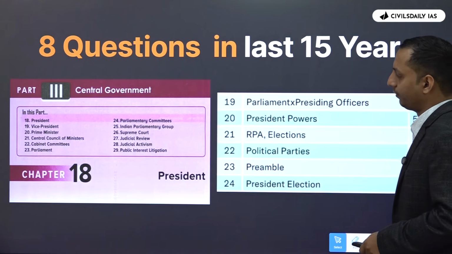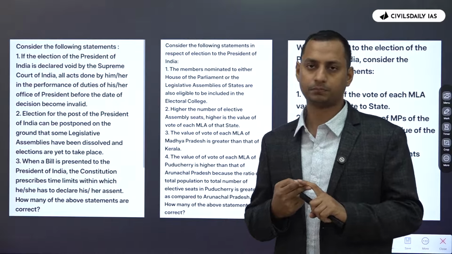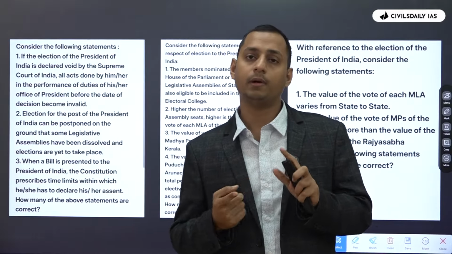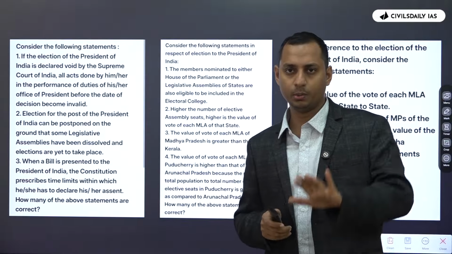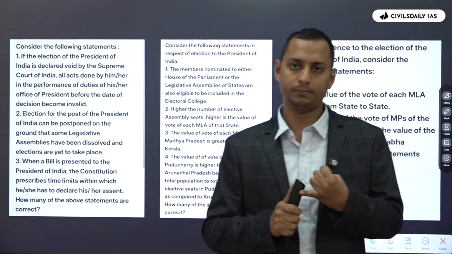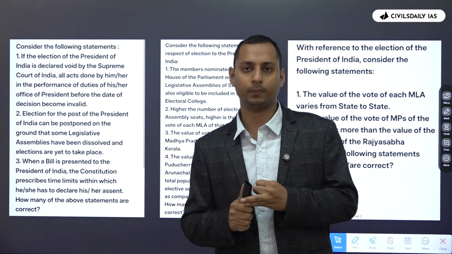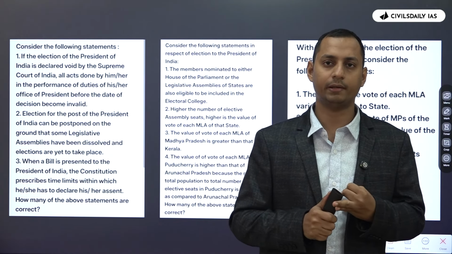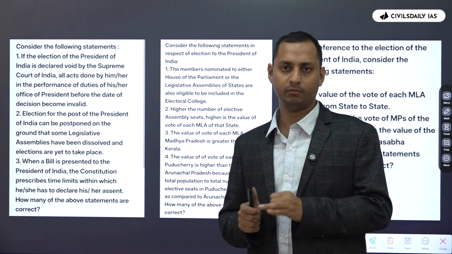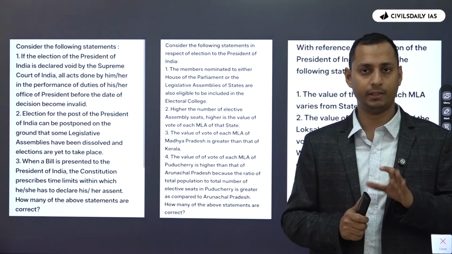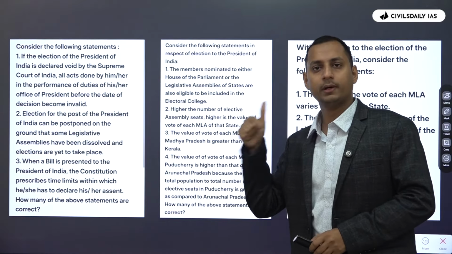So first of all, what is important with respect to president? 2 things are important with respect to president. The powers of the president and the election of the president. Okay. In all these union executive topics, the oath, salary, this is something you can completely ignore. Oath, salary, you don't have to read it. You can read it once, but it's not something important for all the people out there. Oath and salary, it's not very important. About the president, it's the powers of the president which is important and the election.